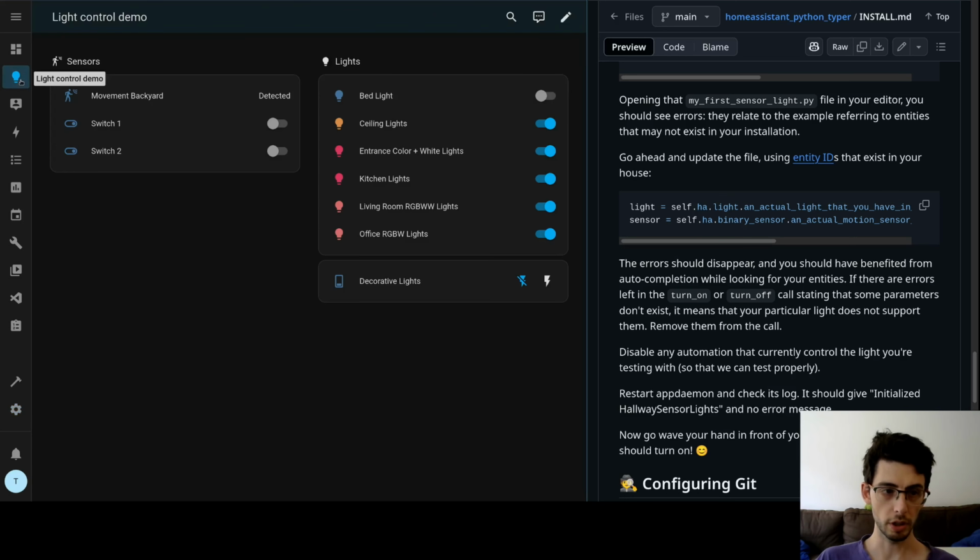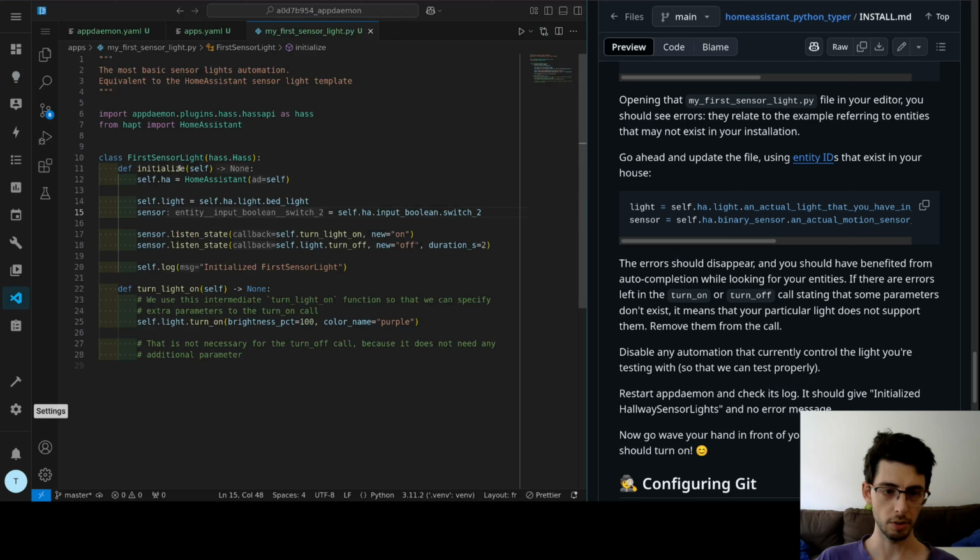If we go back to our dashboard and turn on switch 2, our light will turn on. If we turn it off, after 2 seconds, it will turn off. That is because in our code, we specified that we're listening to the state of the sensor, and if it's off for 2 seconds, then we turn off the lights.